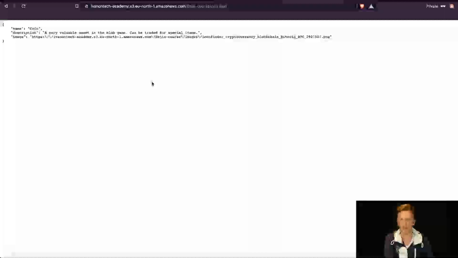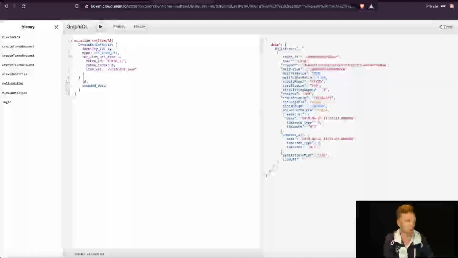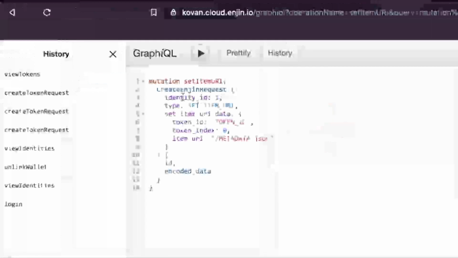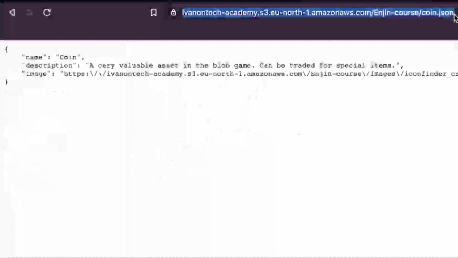Now the question is, how do I actually attach this to the URI field of our coin? To do that, we need to go once again to the GraphiQL terminal here, and we need to run this request, create engine request, and the type is set item URI. And then we need to provide an identity for this, and the identity is, as always, our own identity. So mine is 3063, and then the item URI needs to be put here, and that I had over here, so I'm going to copy that,